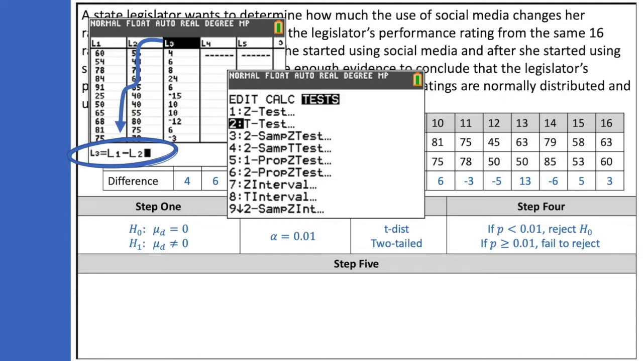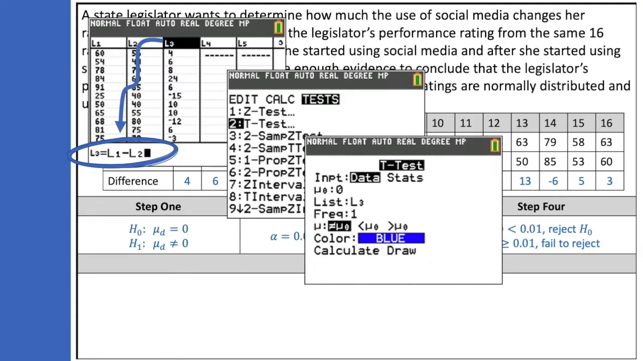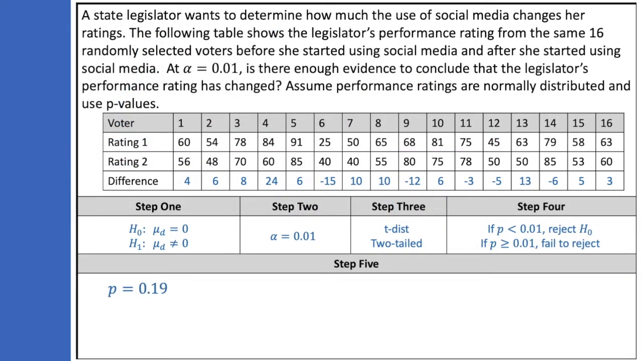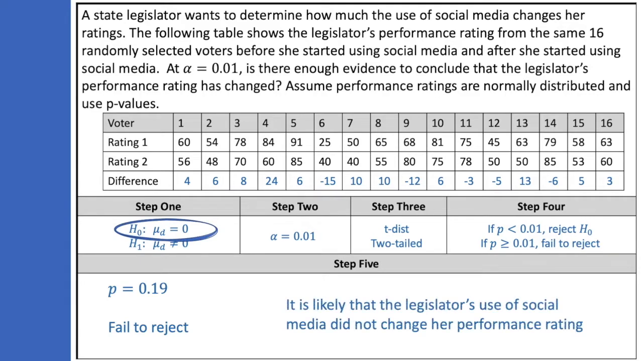Then go to stat tests, down to t-test, and then highlight data. And in data, we're going to say that we're comparing the differences to 0. We're using list 3 and we're doing a two-tailed test. Now pause this just a minute if you need to make sure you get all this in your calculator correctly. Once you have all this in, you hit calculate and find the p-value. In this case, our p-value is about 0.19. 0.19 is greater than 0.01, so we fail to reject the null. That means it's likely that the legislator's use of social media did not change her